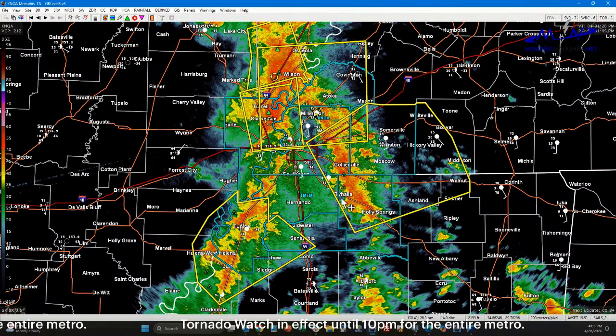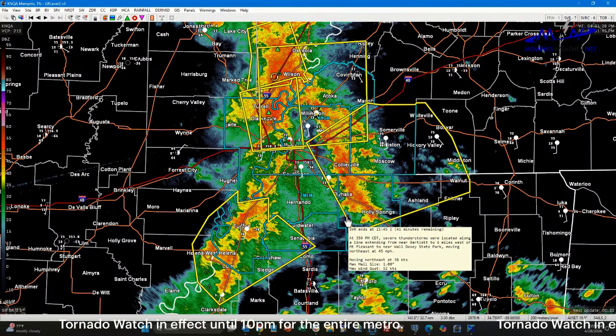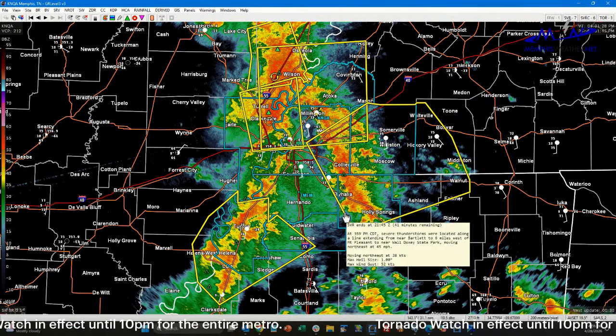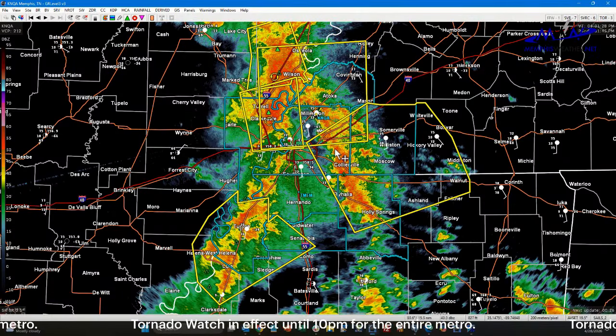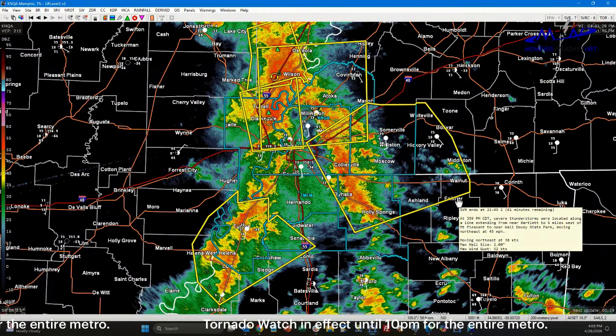And then the last warning that has just come out is going to be the severe thunderstorm warning that covers the eastern part of Shelby County, includes this line that extends south down into Marshall County. It also includes all of Fayette County within our coverage area, and that goes until 4:45 as that severe line of thunderstorms